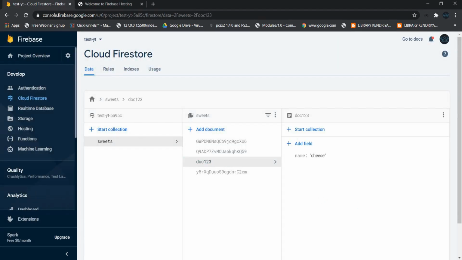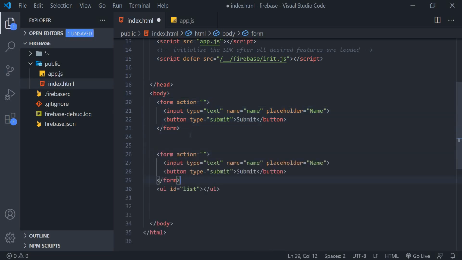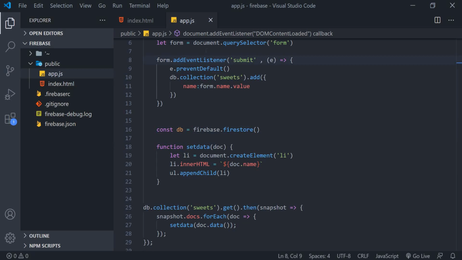then let's create a new form here to represent the delete one. Let's use break here and let's change the placeholder and the name tag. Okay, document id and doc id here, and let's name it delete. And from here we have to use